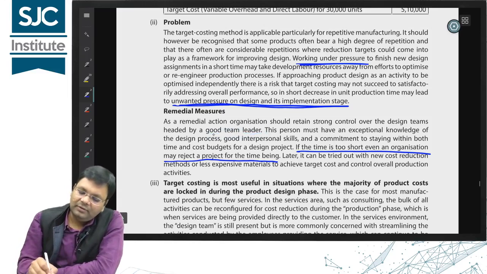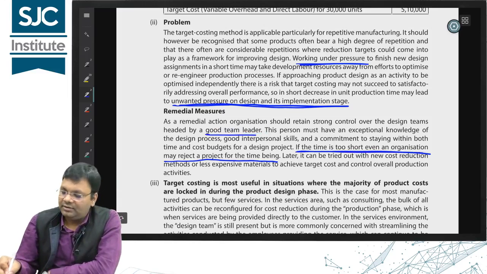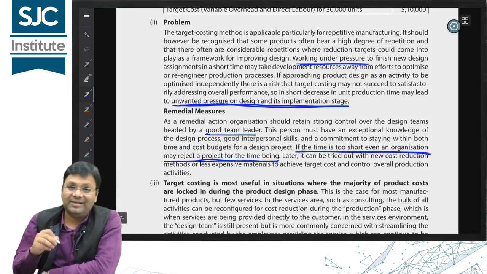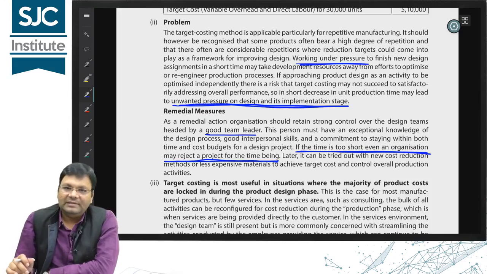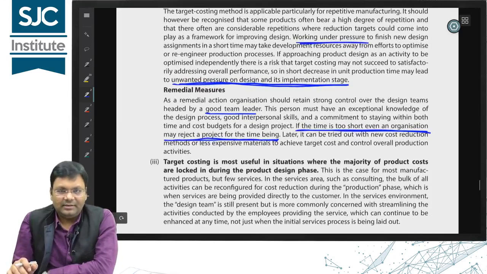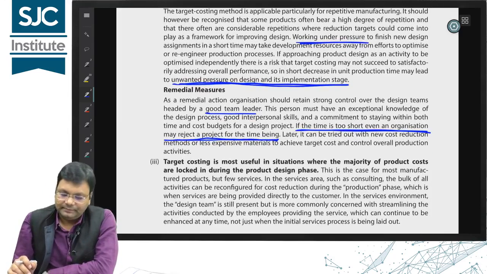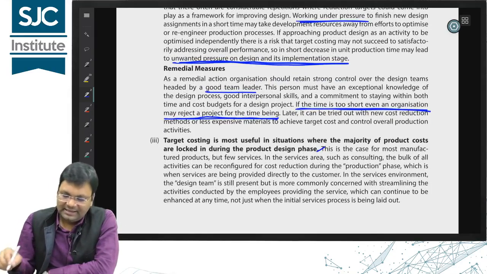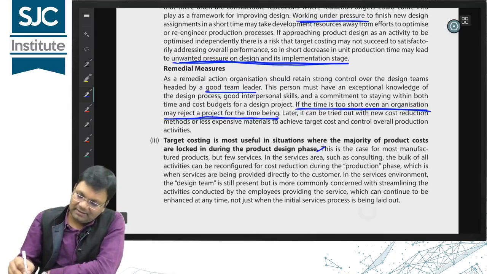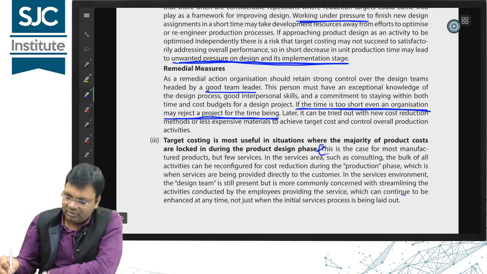So this is one unique thing that we generally don't usually think over to write. If the time is too short to implement this, you can reject the proposal and still continue with the current. And target costing is most useful where the majority of product costs are locked in during the design phase. Now this part is optional. I don't think you should write about this